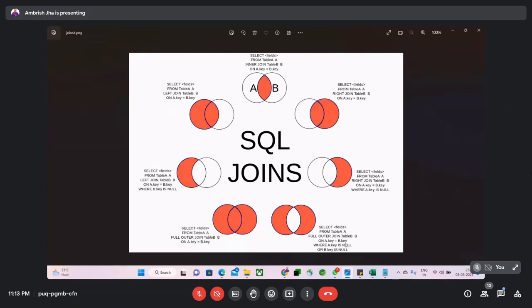ठीक है, और इसी में दोनों का नल चेक कर लोगे तो दोनों के एक्सक्लूसिव आ गए, जो कॉमन थे वो रह गए, मतलब जो नल वाले थे वो रह गए। ठीक है, चलो आज का सेशन यहीं पे क्लोज करते हैं। इसकी जितनी प्रैक्टिस करोगे उतना माइंड क्लियर होगा। जितनी ज्यादा आप प्रैक्टिस करेंगे, जितने ज्यादा रिकॉर्ड्स और टेबल्स और एंटिटीज के साथ, उतना ज्यादा आपको क्लियरिटी आती चली जाएगी।